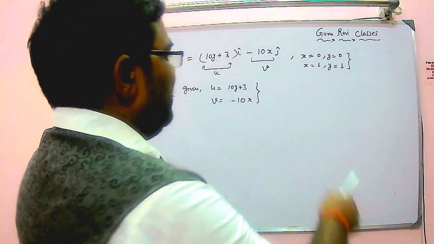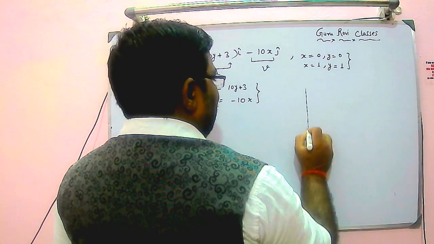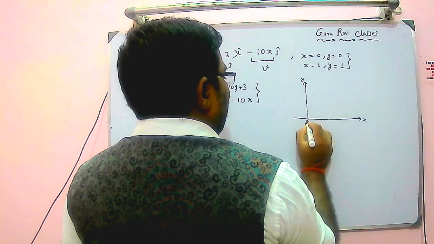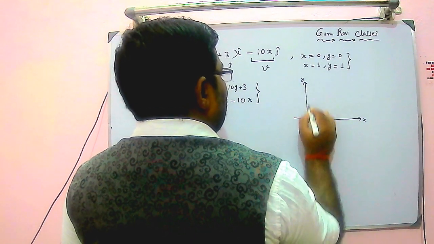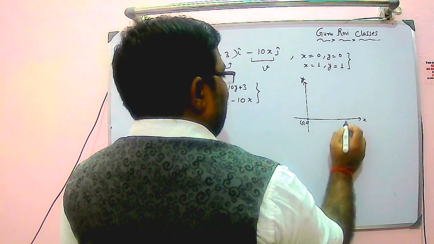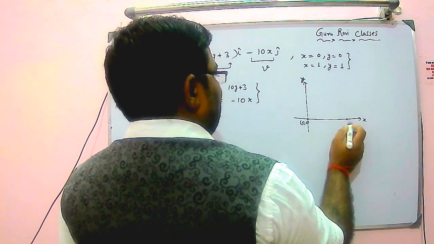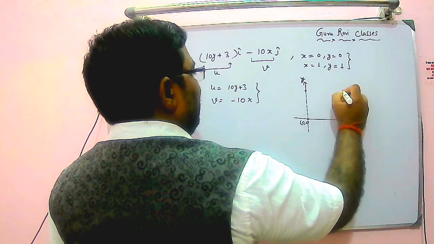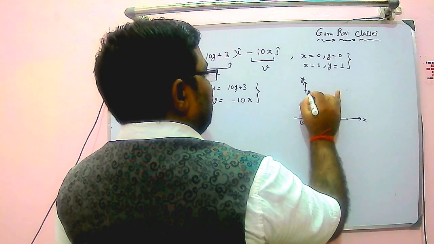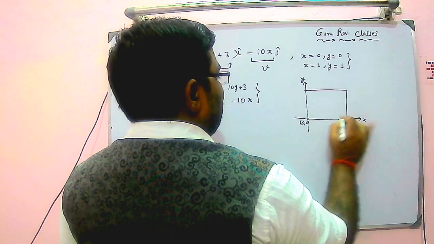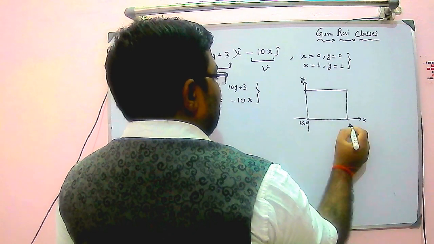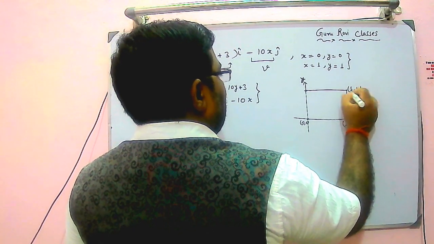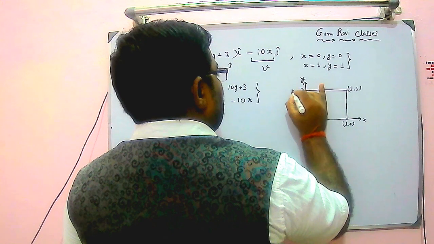So this contour, we look at it: x is equal to 0, y is equal to 0. If I draw x and y axes, this is x and this is y. First point I am getting here which is 0 0. When x is becoming 1, y is becoming 1, and similarly y is also becoming 1. So I can get one point here and then 1 and 1 which I will get here. This is becoming a square kind of structure. So 0 1, then this is 1 0, this is 1 1 and this is 0 1. So I got this one.